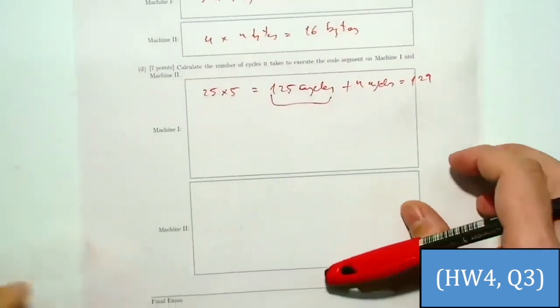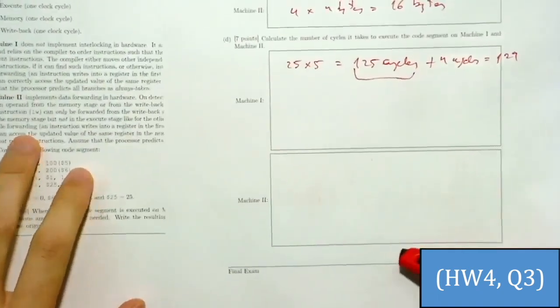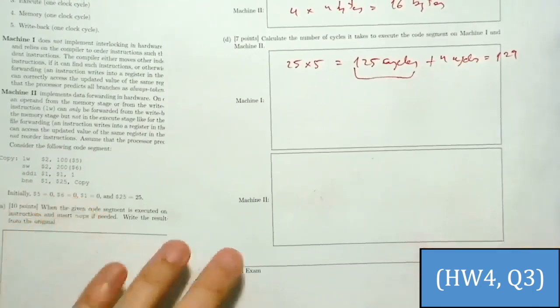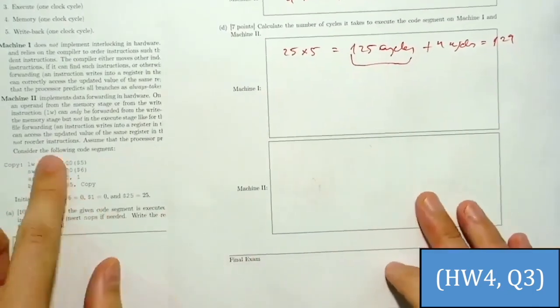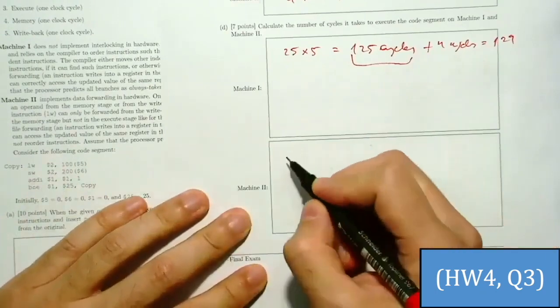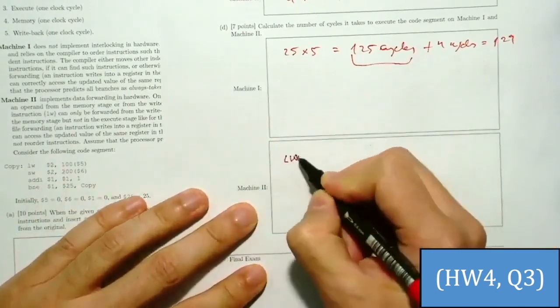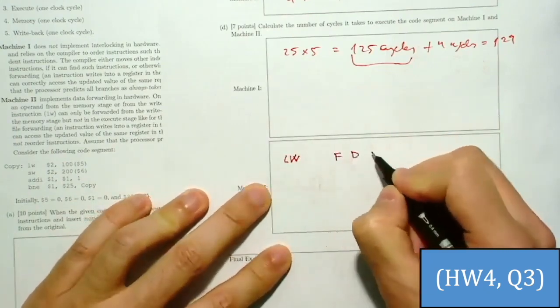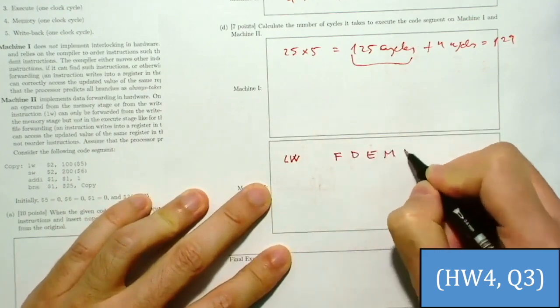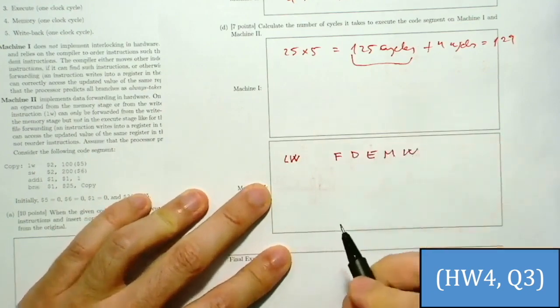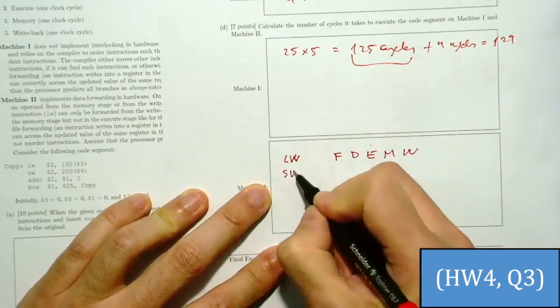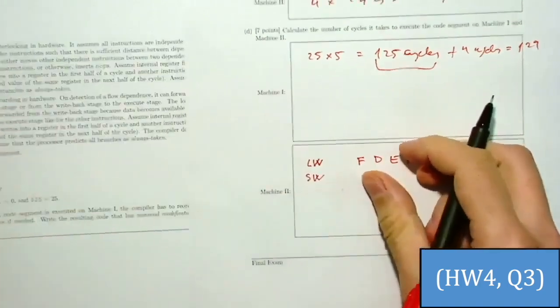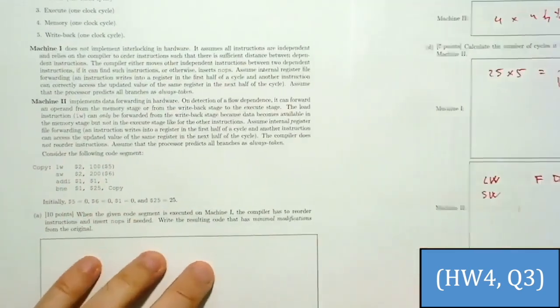So for machine 2, okay. For machine 2, we have this code. So we have first the load, that is fetch, decode, execute, memory, write back. Then we have the store. So on the store, we see the definition of a machine 2 that